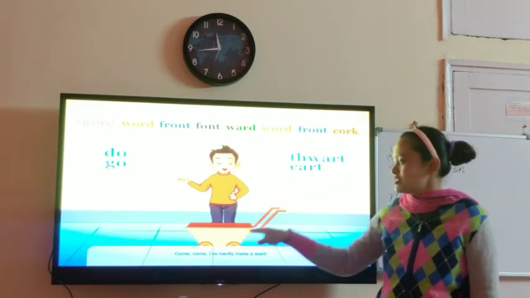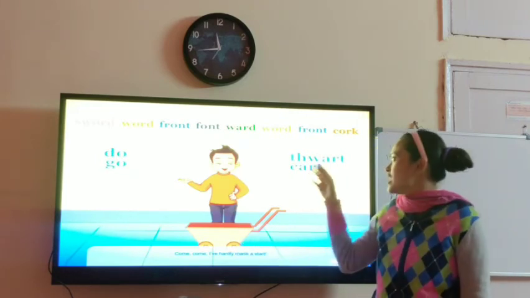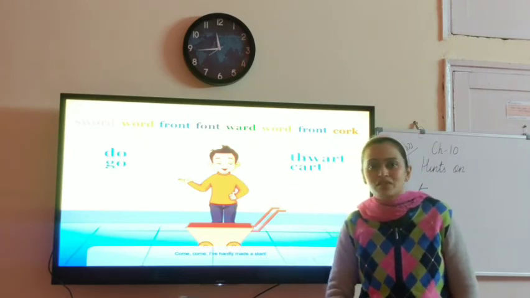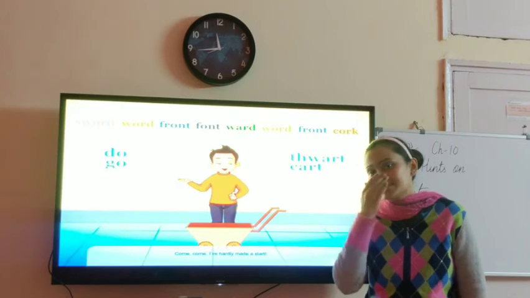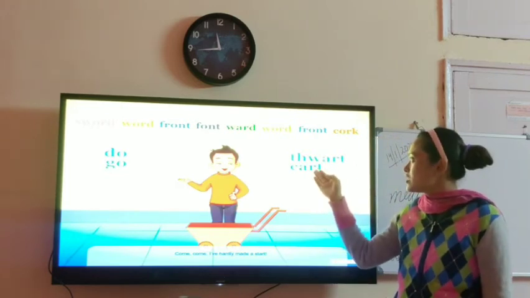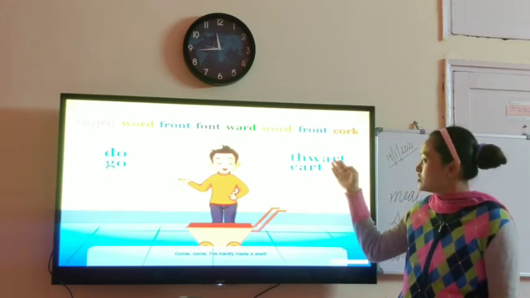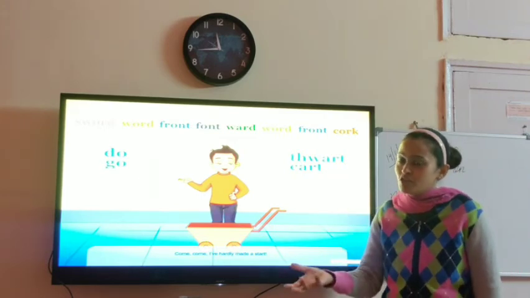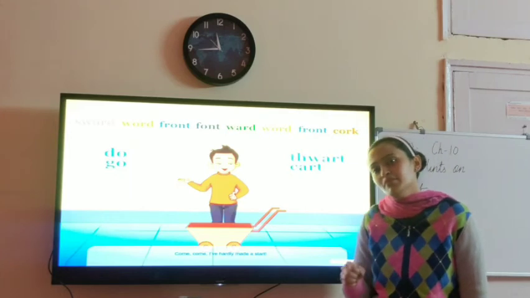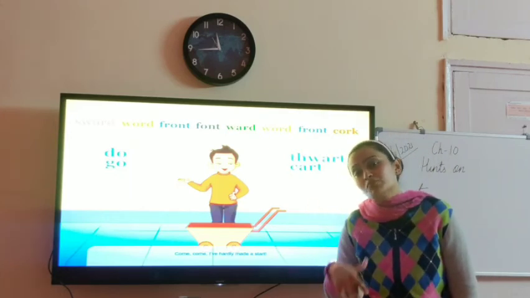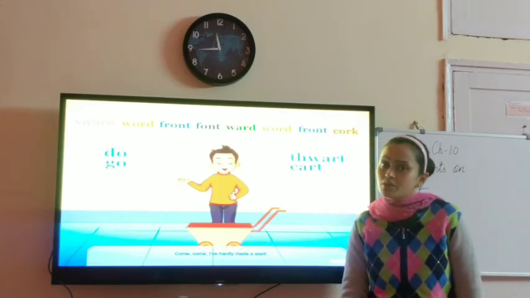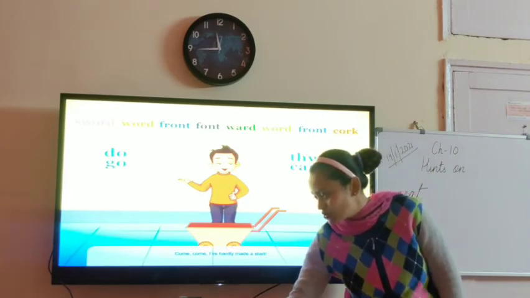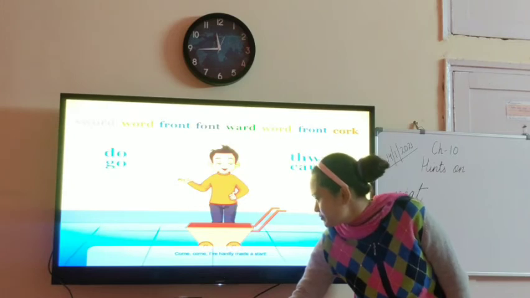Thwart and cart. You know the meaning of cart, children? This is a cart. And thwart means to defend something successfully, to remove something successfully. So thwart and cart have almost the same latter part of the word, art. They should be rhyming, they should be pronounced similarly, but no, they are pronounced differently. That's because in the English language we have lots of these examples.